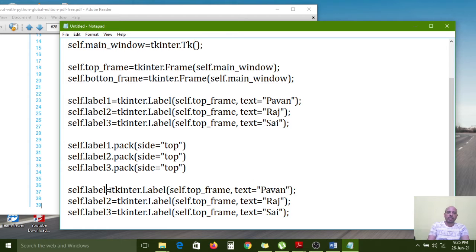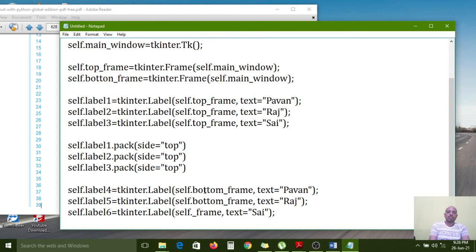Already three labels are created, right? Label4, label5, label6. So here instead of top we need to change to bottom, because bottom_frame is the name. For the bottom frame purpose, the name is bottom_frame. I have already given it before.